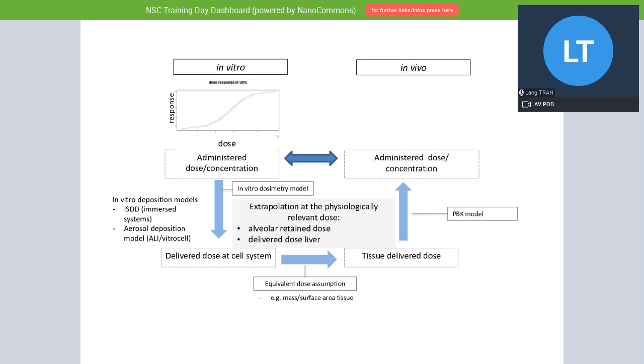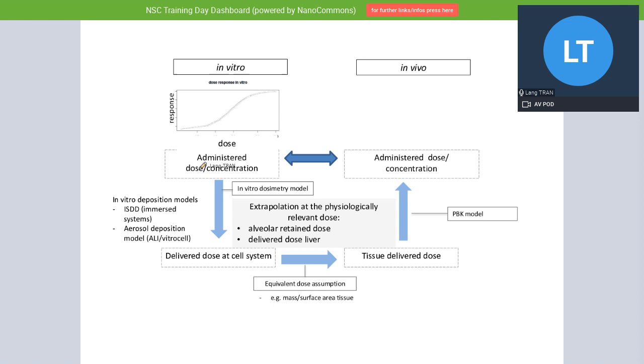Now, again, let's go back to this conceptual idea about in vitro and in vivo and how we correlate each of them. So you start on the left, you have in vitro, and most of you have done this kind of dose response in vitro. And there, the dose is described as the administered dose.